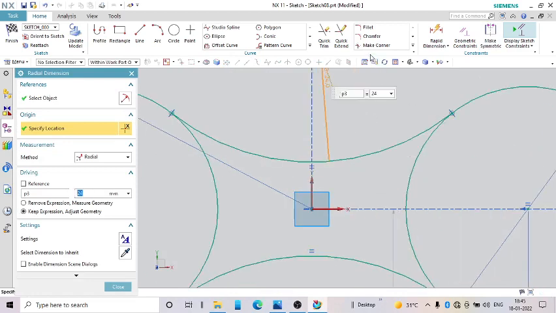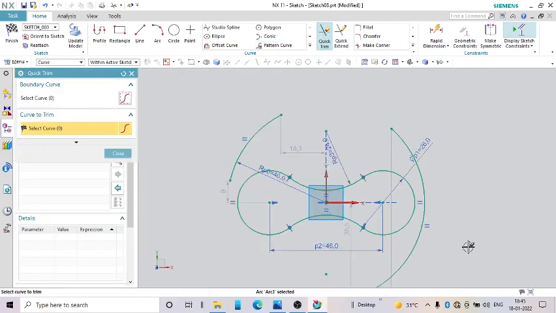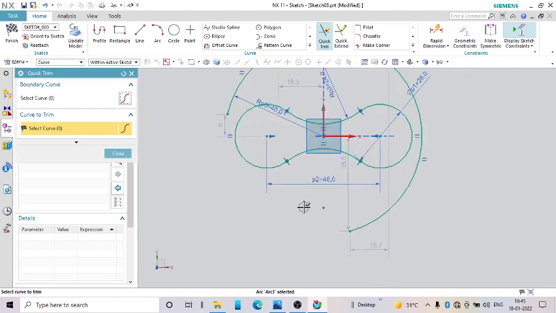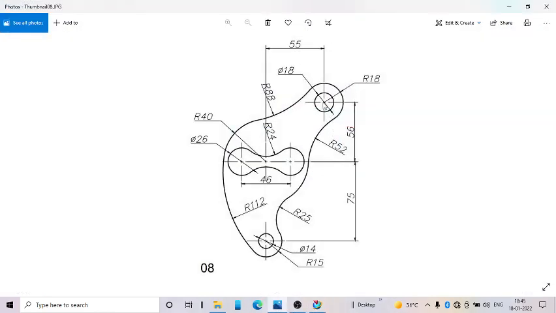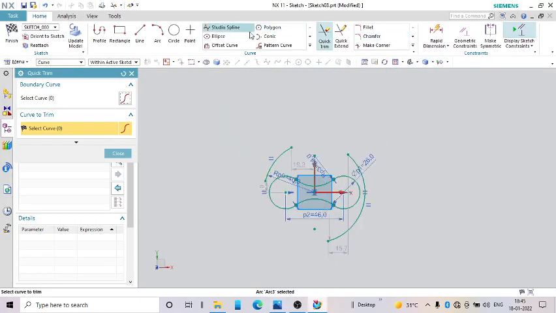Now we can trim the unwanted lines. Quick trim. This we can trim. Okay. Next we can draw these two circles, this circle and the other curve, dia 18, R18, somewhere here.